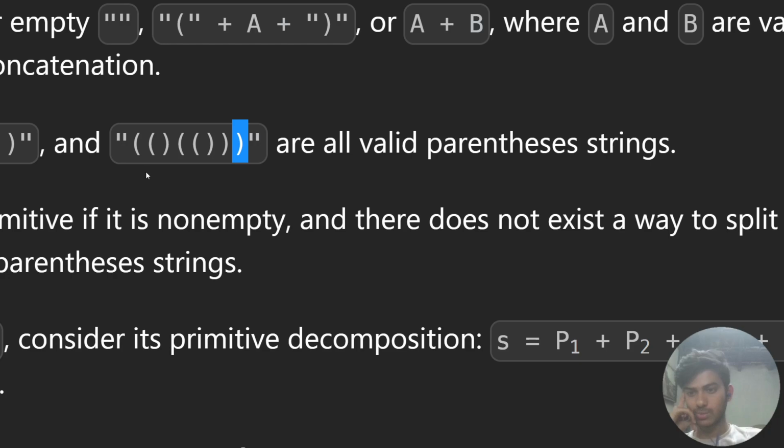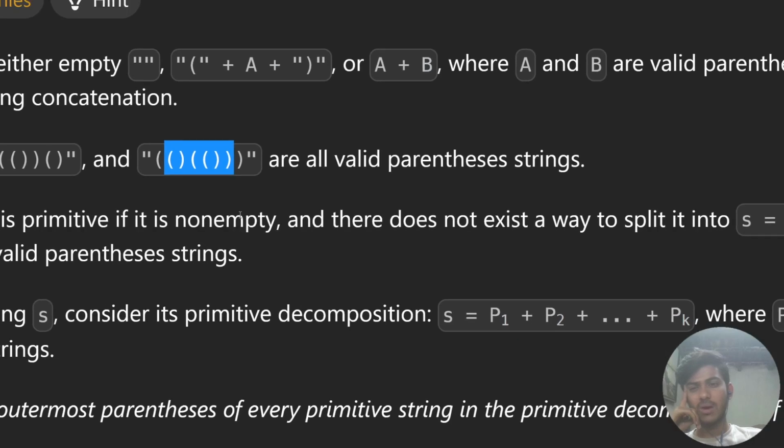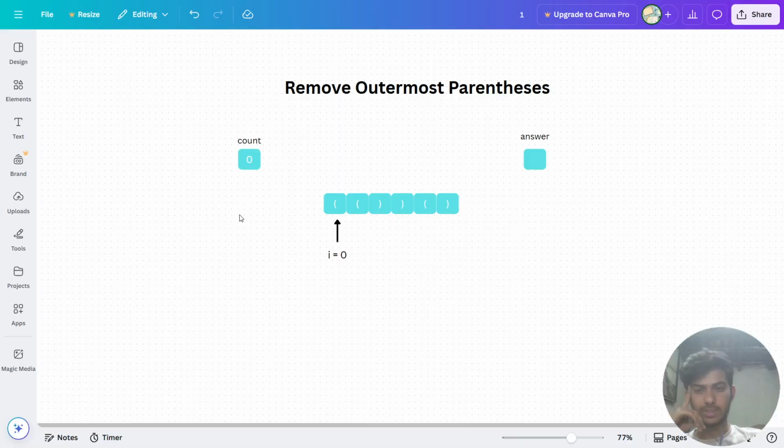After removing these two, we end up with this one. So we just have to return this string as an answer. Now, how do we do this? So the intuition is